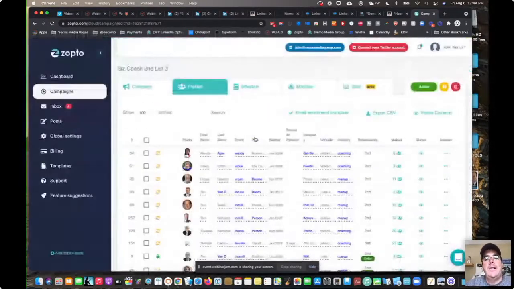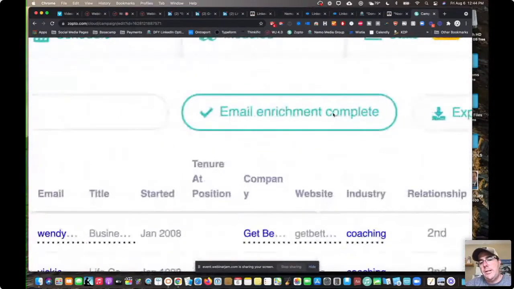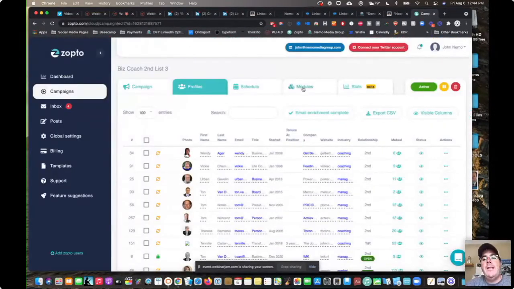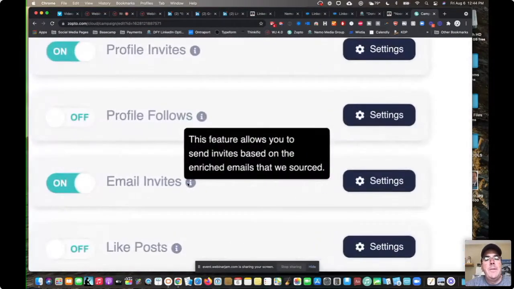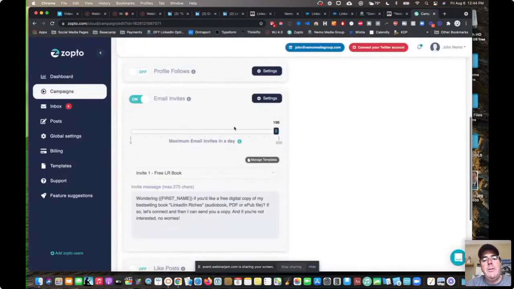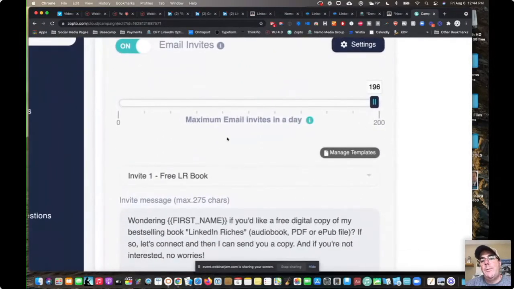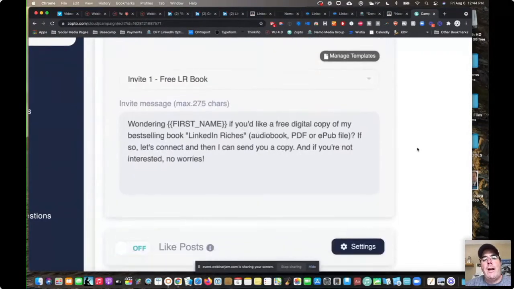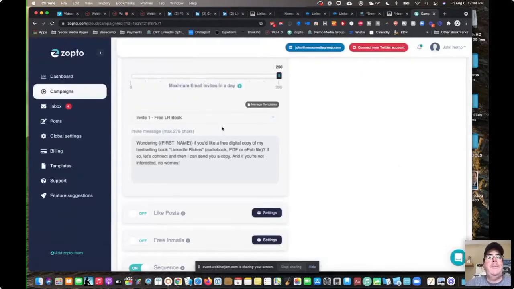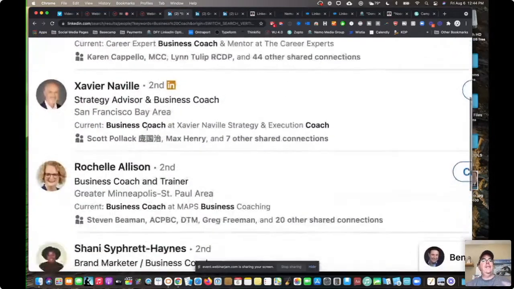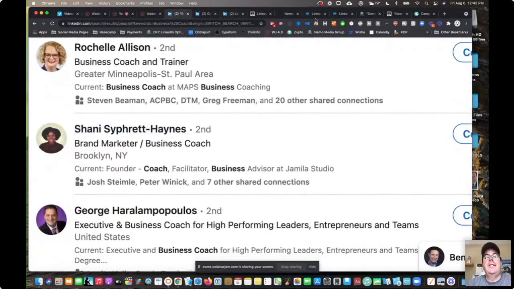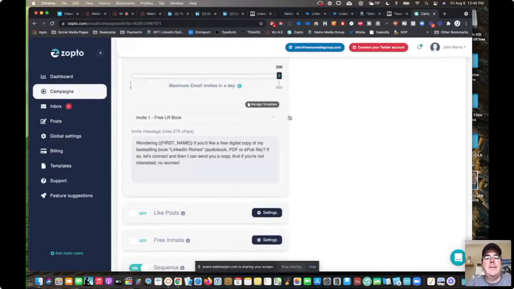So what Zopto does is it says, cool. You just click this button that says email enrichment, and then you can still go out and do this thing called email invites, right? So basically, you can also include a personal note, and you can invite up to 200 people a day, since this is a workaround, with this tool. Zopto basically does this for you. They go through, they look at all these search results, they pull out anyone that has an email that they can find, and then Zopto invites them for you and basically says, hey, we'll do that LinkedIn workaround automatically and